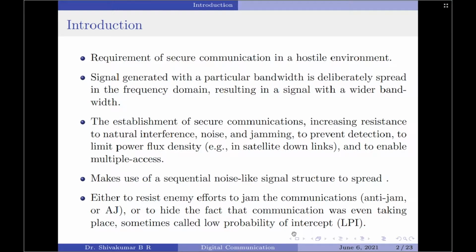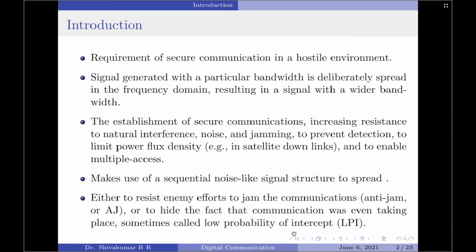In telecommunication and radio communication, spread spectrum techniques are methods by which a signal generated with a particular bandwidth is deliberately spread in the frequency domain, resulting in a signal with a much wider bandwidth. These techniques are used for a variety of reasons, including the establishment of secure communications, increasing resistance to natural interference, noise and jamming, as well as to prevent detection and to limit the power flux density, as well as to